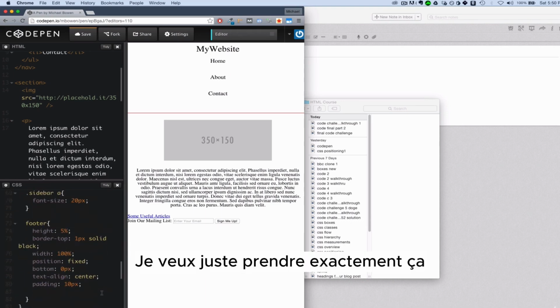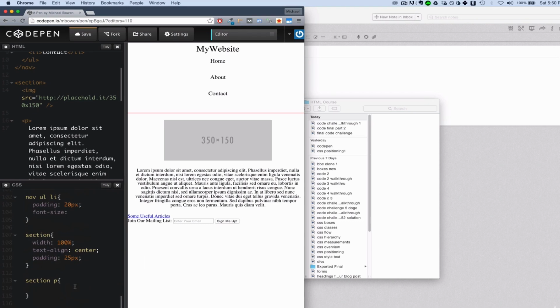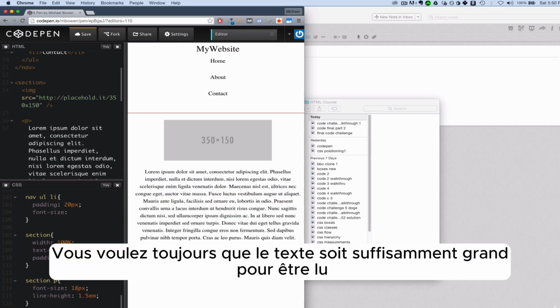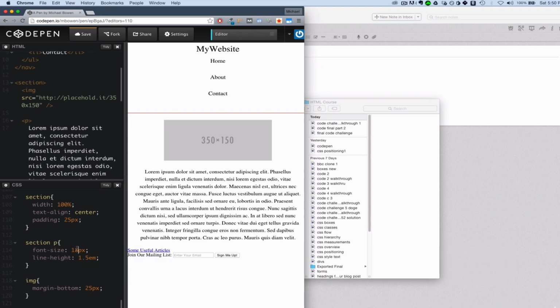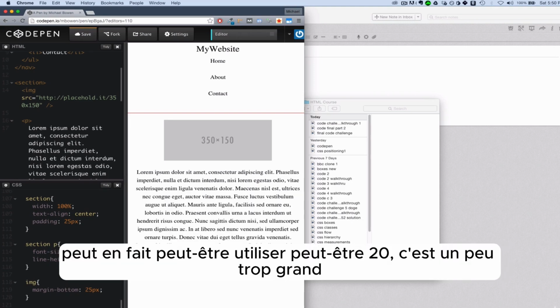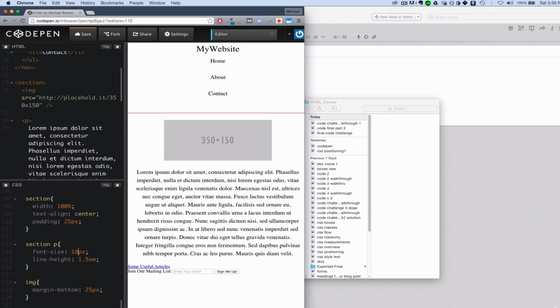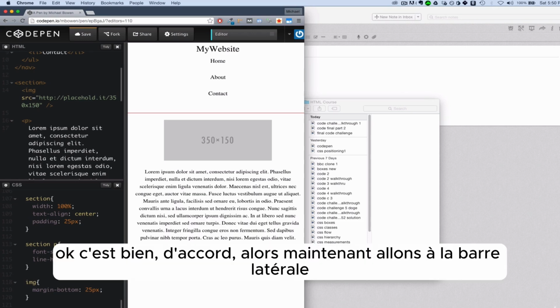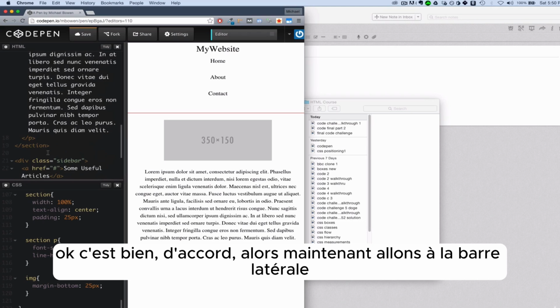I want to just take exactly this because I liked how it looked. Even if you're on a mobile device, you still want the text to be big enough to read. You can actually maybe use 20. It's a little too big, never mind. Okay, that's good. Alright, so now let's go to the sidebar